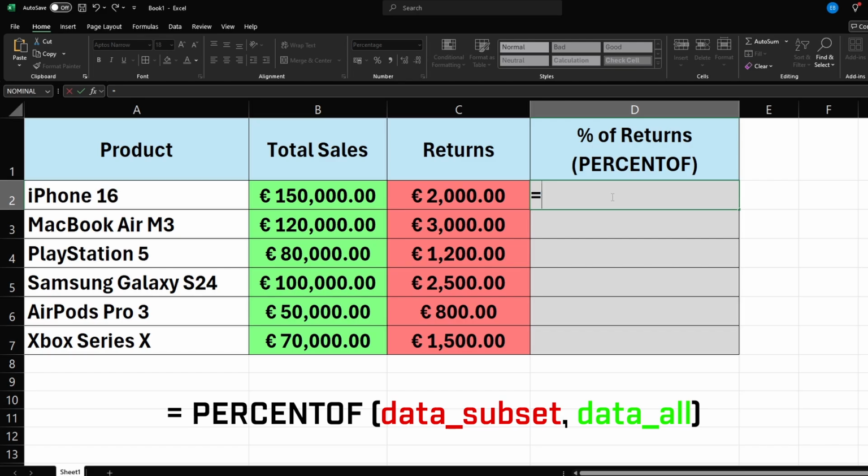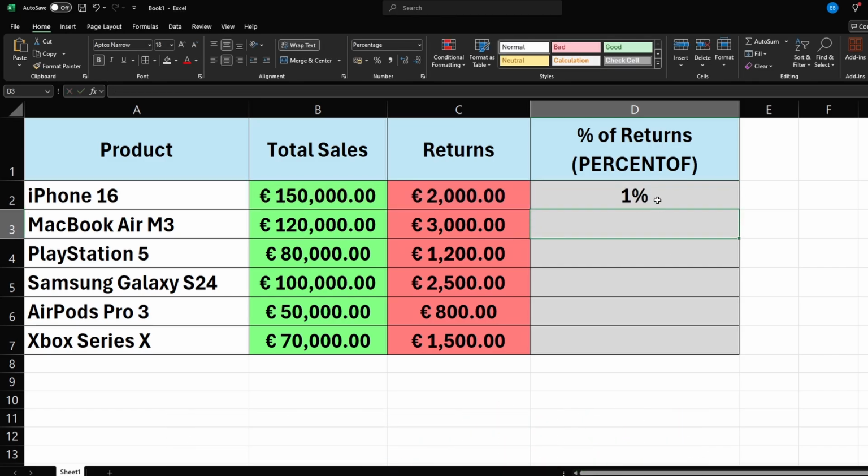Let's say you're tracking returns for a product. To calculate the percentage of returns, use this formula: equals PERCENTOF, then select returns first, and then total sales. After calculating, the result might show as a simple whole number, like 1%. To see more precise data,